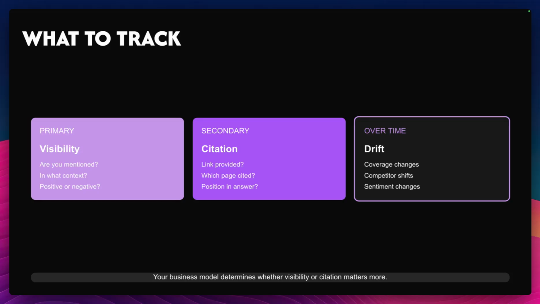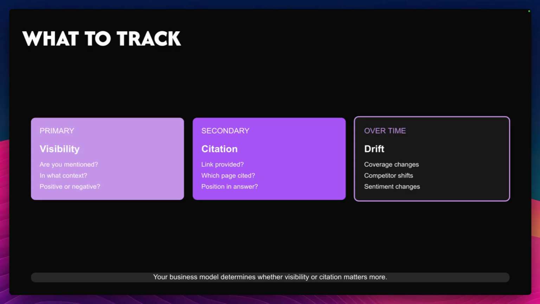After we talked about what to track: for tracking, you can track the visibility. So is your brand appearing in the answer? How is it appearing? Is it in a good way? Is it in a bad way? In what context? Because most of the responses, if you use the intent first approach, normally use a structured response. It will tell you something like: for big companies it's that, for smaller companies it's that, for medium-sized companies it's that, and then you have to look into the response and check which segment you are in.